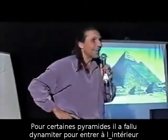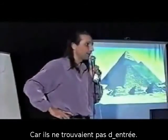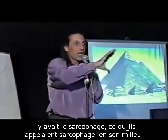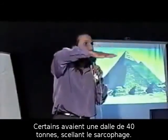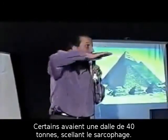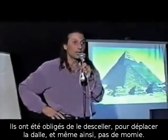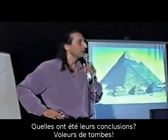Some of the pyramids, they had to dynamite their way in. They couldn't find an entrance. When they got inside the pyramid, there was the so-called sarcophagus in the middle. Some of them had slabs of 40 tons sealing the sarcophagus. They would unseal it, pull the slab off, still no mummy. What was their conclusion? Grave